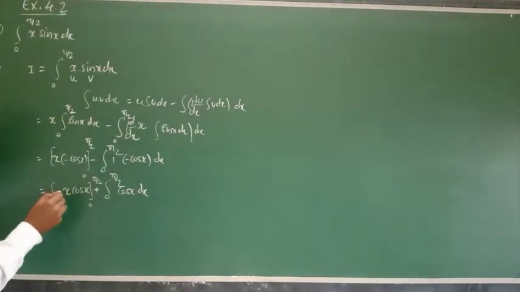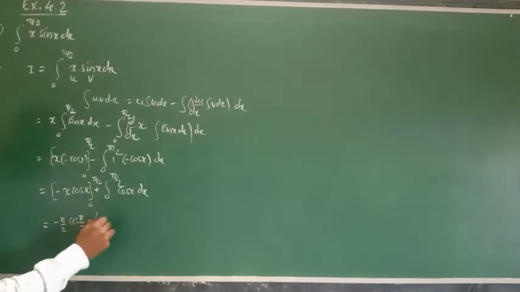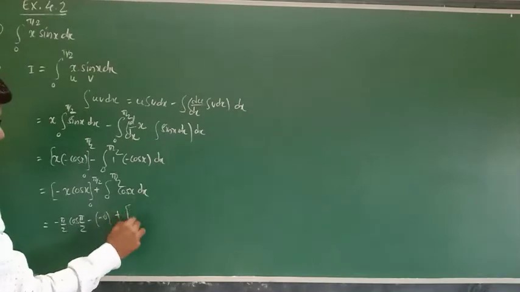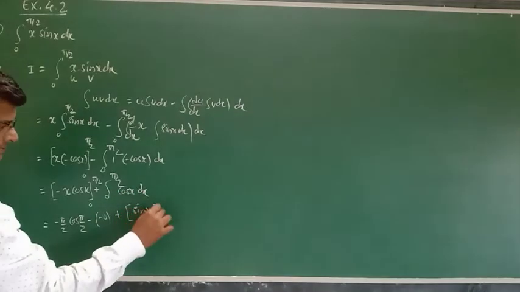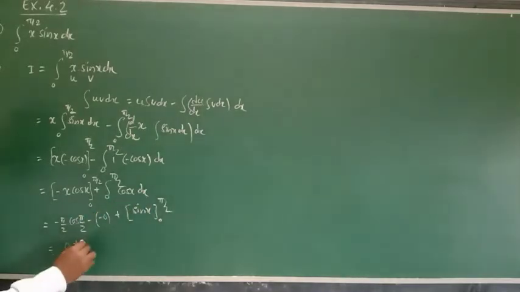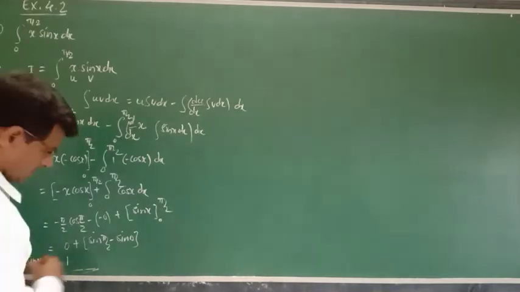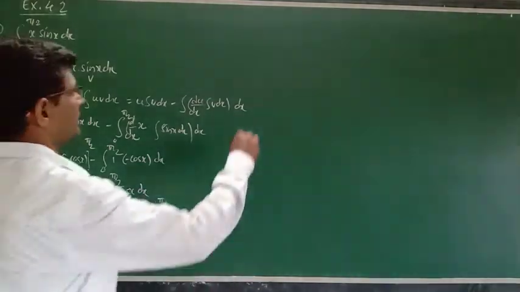Okay, so you put the limits, upper limit and lower limit. So minus pi by 2 cos pi by 2 minus 0, plus integration of cos is sin x, and by putting the values of limit, what it will be, it is coming to 0 plus sin x, upper limit sin pi by 2 minus lower limit sin 0, so it is equal to 1. So integration of 0 to pi by 2 x sin x dx is equal to 1. This is the value of definite integral. Now